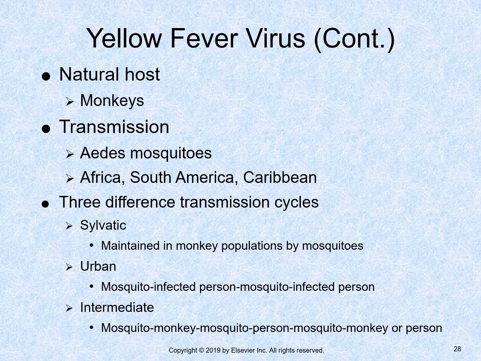Finally, the intermediate transmission cycle of yellow fever occurs in smaller villages. In this cycle, humans and monkeys are reservoirs, and mosquitoes are the reservoirs and vectors in the high morbidity, low mortality outbreaks. In the intermediate cycle, mosquitoes can transmit yellow fever virus from monkeys to humans and vice versa. If the patient who develops yellow fever from the intermediate cycle travels to a larger city and is bitten by mosquitoes, they can trigger an outbreak of urban yellow fever.